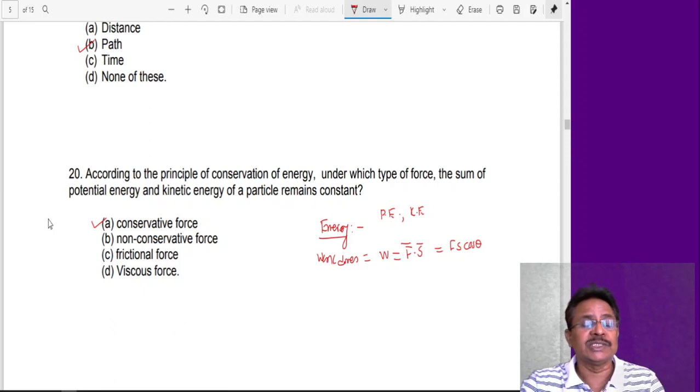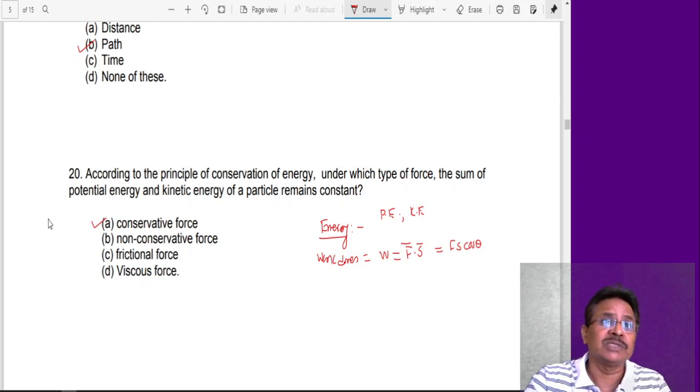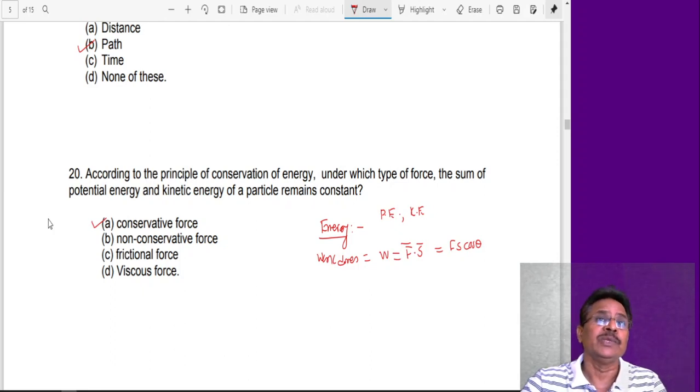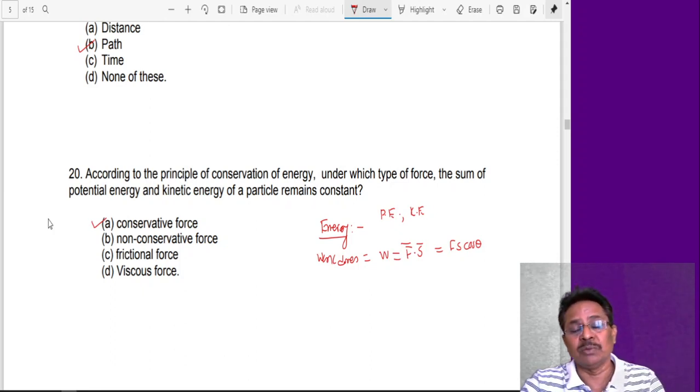Then most important from this chapter, as I said earlier, are the definitions of conservative force field and non-conservative force field, examples of conservative force field, examples of non-conservative force field. The mathematical conditions which we write either in terms of this closed integral over a closed path, or sometimes we are asked definitions of conservative and non-conservative force field in terms of the work done. Sometimes we are asked which is path dependent, which is path independent. In a conservative force field, the work done is path independent, whereas in a non-conservative force field, work done is path dependent. So over a different path, different amounts of work are done. That is the speciality of the non-conservative force field.